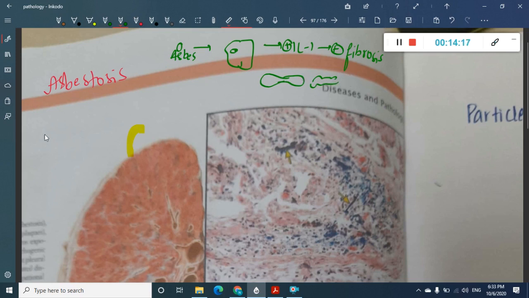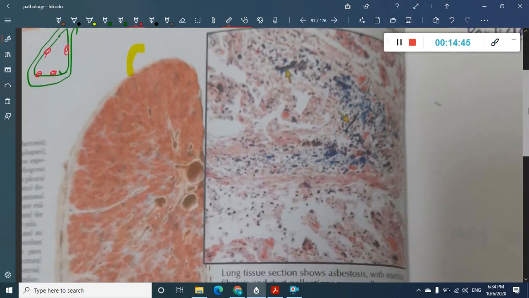There is one more type of asbestosis also, which is called pleural plaque asbestosis. What is pleural plaque asbestosis? Here also you will see the asbestos nodules, but the pathognomonic feature is that the asbestos nodules are seen along the pleural surface, most commonly in the anterolateral and posterolateral part of the parietal pleura. If you see these same asbestos nodules, then you call them pleural plaques. So let us see the images.